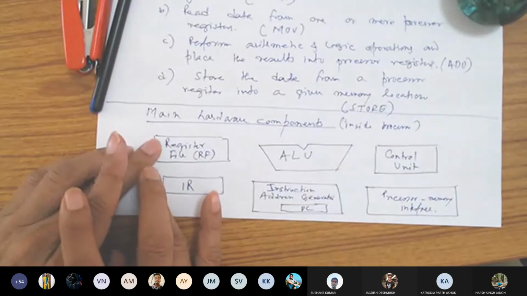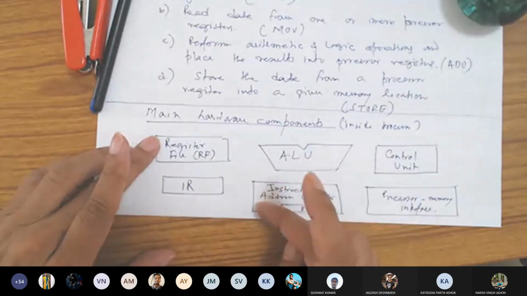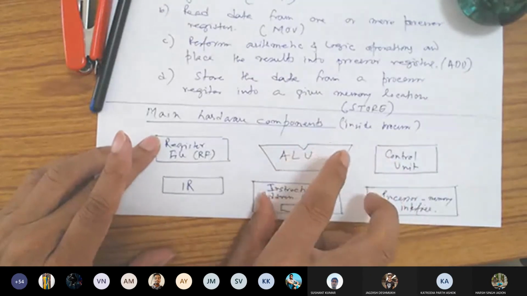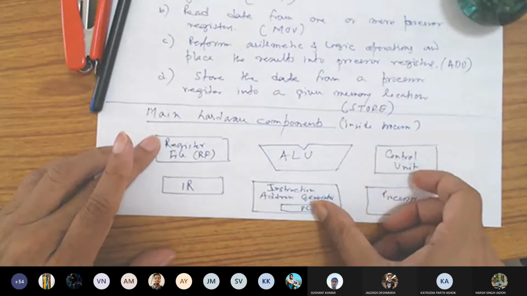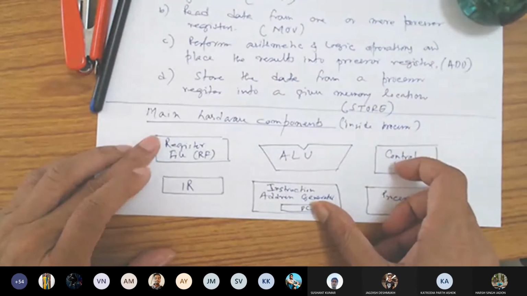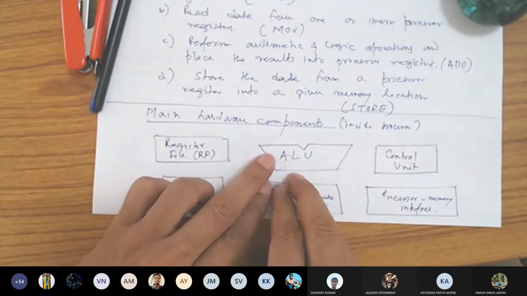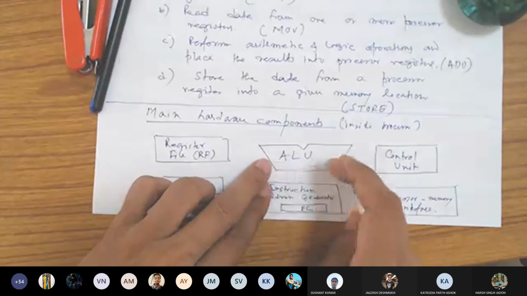Then going into the circuitry for instruction address generation, gradually moving to the design of the processor memory interface, then the control unit design. And there are approaches to designing the control unit. Finally, we will go to a separate chapter, arithmetic and logic unit.